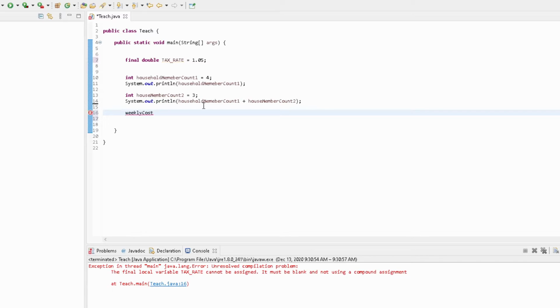Alright, so we're just going to create the name of the variable, weekly cost. So what kind of value is it? Is it some words? Is it a character, a decimal, or just a number without a decimal? Well, I know it's definitely going to be a number because it's a cost, with or without a decimal. We're going to be multiplying it by a number with a decimal, so let's keep it with a decimal because we don't want to lose that precision. Alright, so we have our variable weekly cost, and then